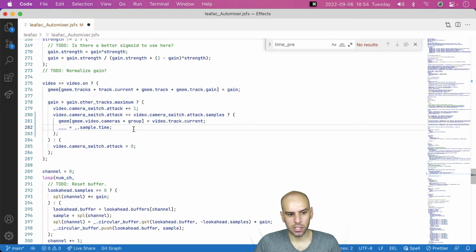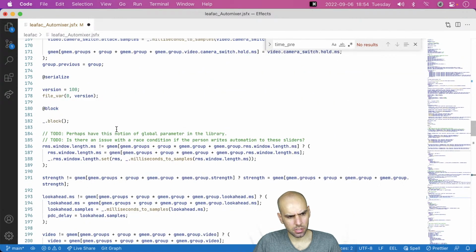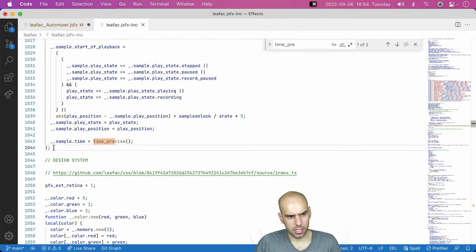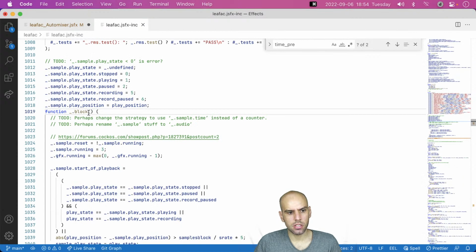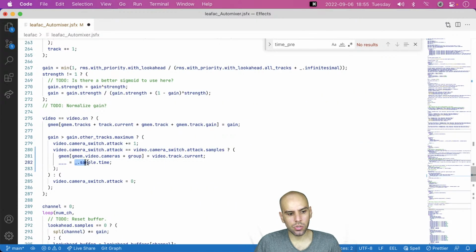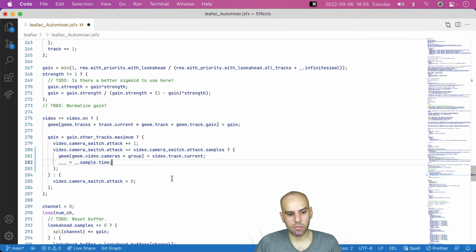That's easy enough. That is already part of the library and it is keeping track of time, so we are good. Just want to make sure that we are calling the block function. Yes. And now I want to make sure that this is where we set that variable. Perfect. So this is the current time, and I could just call time precise again, but that's a waste because calling this function is somewhat expensive, and this is better. We are only calling it once and storing its value.